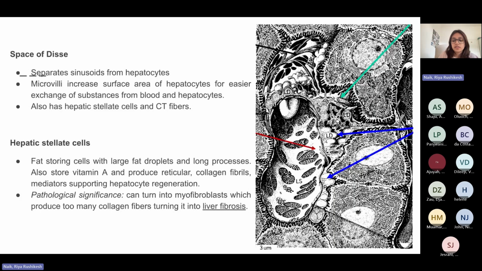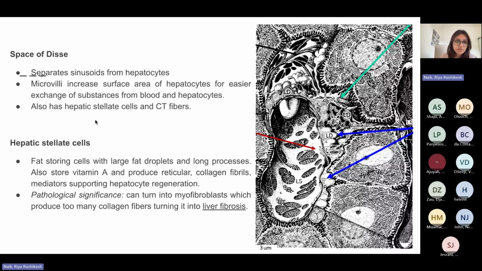So, the space of Disse. When you look at the slide of the liver, which I will be showing you soon, you will see a bunch of white spaces between the hepatocytes, and that is the space of Disse. Its main function is to separate the sinusoids from the hepatocytes, and it has a bunch of microvilli which increase the surface area for the hepatocytes to absorb substances easily. It also has special cells called hepatic stellate cells, and it could also have some connective